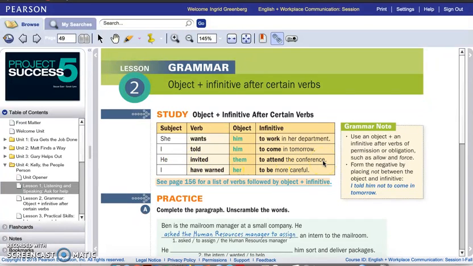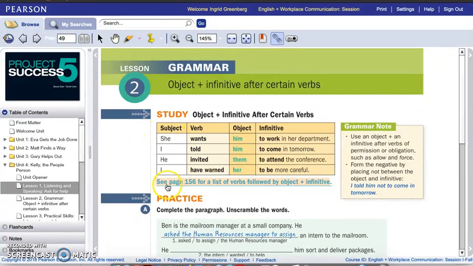It's kind of like a permission. And then, I have warned her to be more careful. This is an obligation. So you've got the grammar rule, then you have this very good structure of the grammar